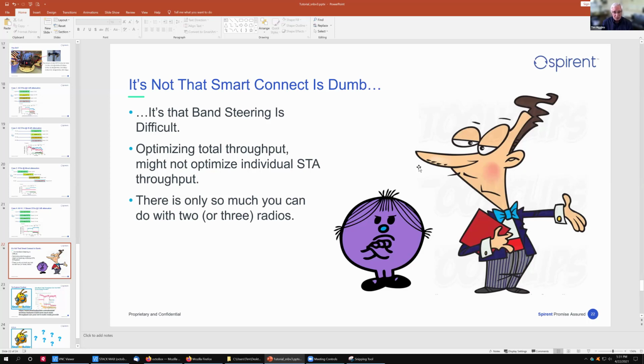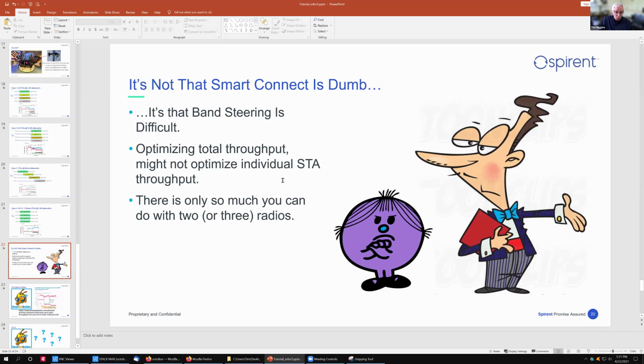We gave it a fairly easy traffic load of just full blast. We can also see that optimizing total throughput, you might not optimize individual station throughput, because eventually you run out of radios. There's only so much you can do with a limited number of radios.